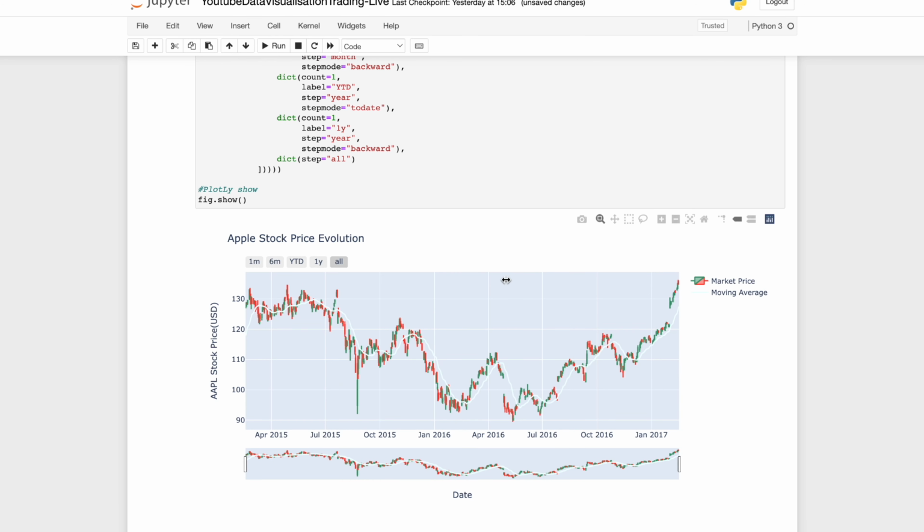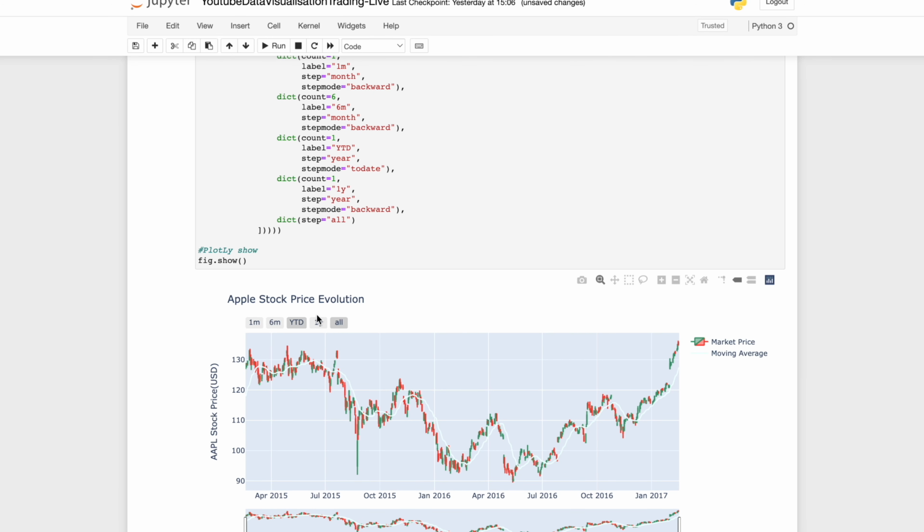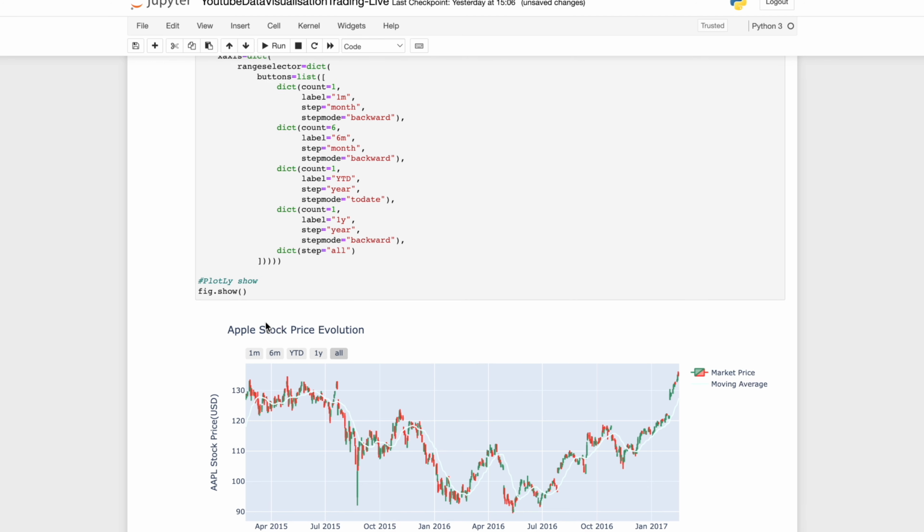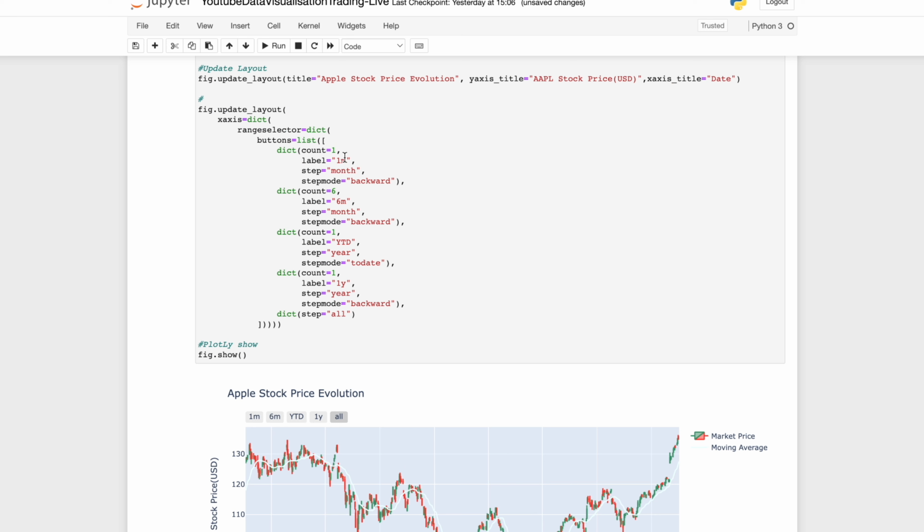So now the last step that we have to do is bring more information on the buttons, like 1M, 6M, year to date. I hate it. Let's say I have 15 employees. If someone brought me a report with this type of name, that would make me upset for sure. It's very easy to fix. One thing that we have to do is change the label: 1 month, 6 months, year to date,